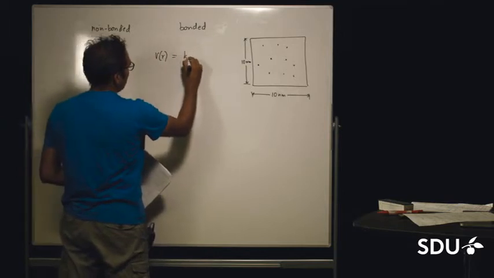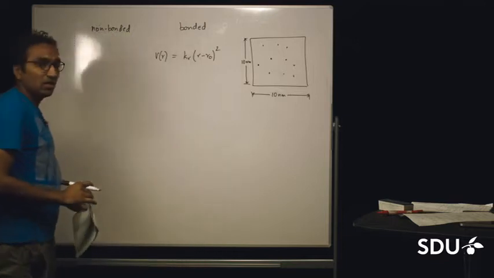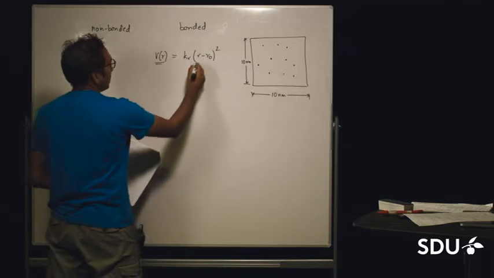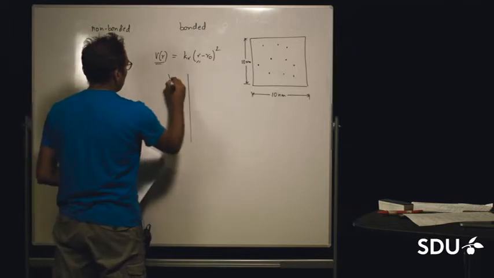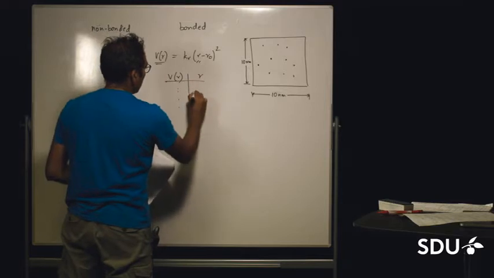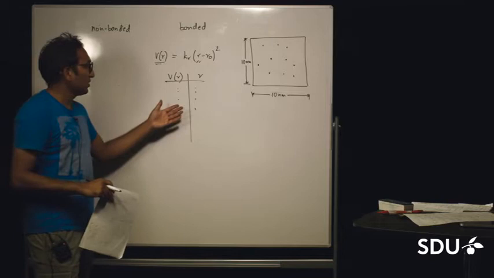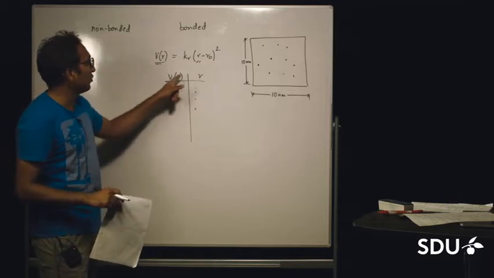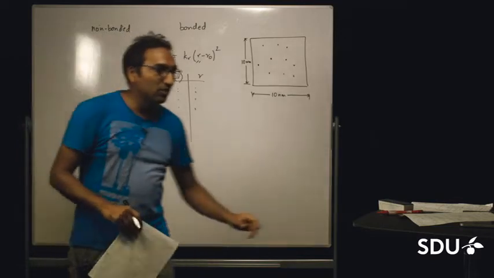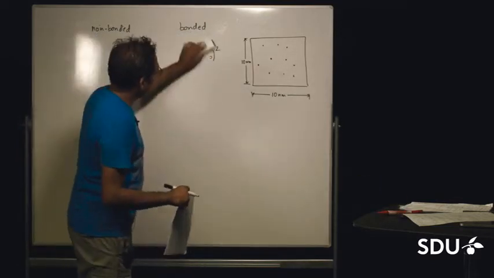Now, if you look at the bonded terms, for example, the harmonic potential for a bond, it looks something like this. In principle, you can plot this potential as a function of R in a table. So, you can plot V(R) versus R based on this equation, and you can simply calculate the distance between two particles and look up the potential from a table. So, all the bonded potentials can be tabulated, and therefore, they can be calculated quite quickly.